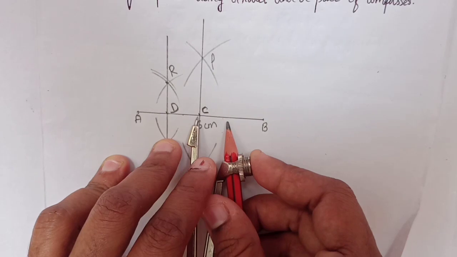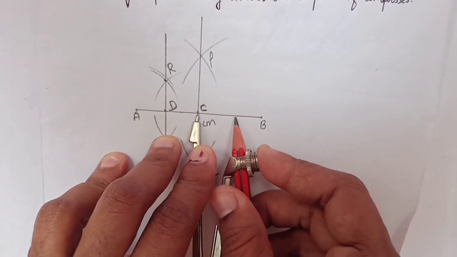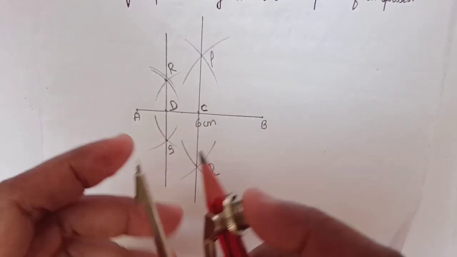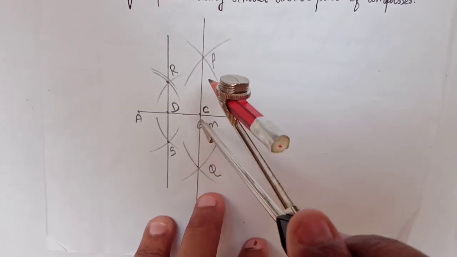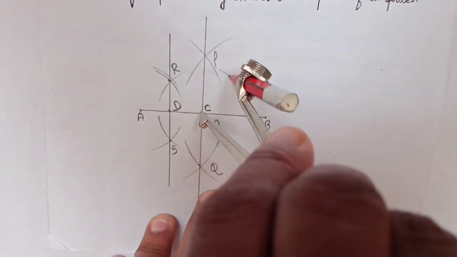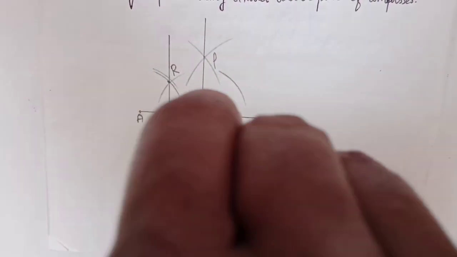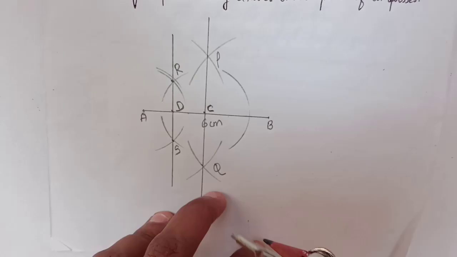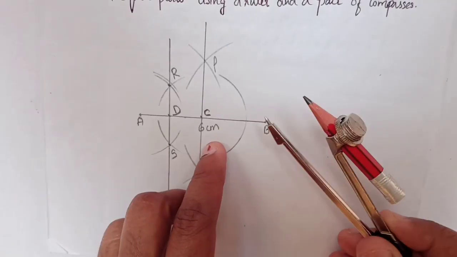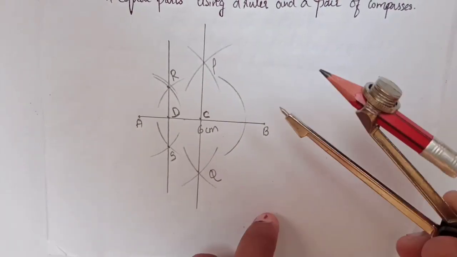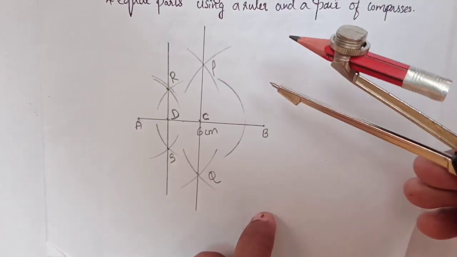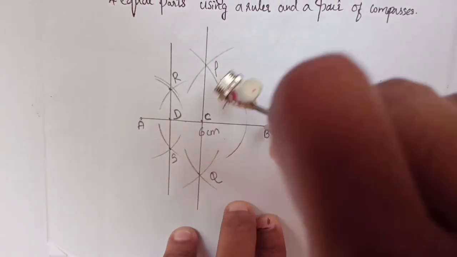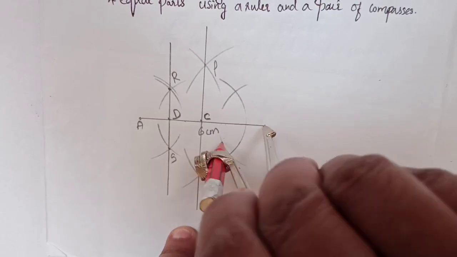So take more than half of the length of BC. This is more than half, okay. By using your compass with C as center, draw two arcs above and below of line BC. Then the next step is by using the same radius with B as center, draw two more arcs that intersect the previous